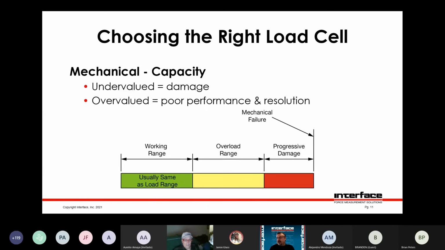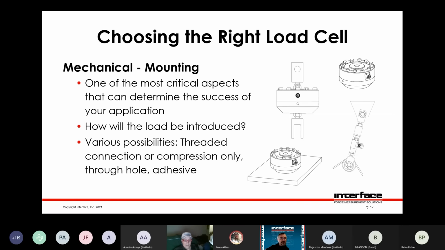So we talked about it being a spring element. If you stretch it too far, it doesn't spring back, basically. So if you apply too much load, when you remove the load, you have a permanent shift. That's damage. It can't be repaired. It can be re-zeroed electrically, but in the end, the metal has yielded. So at some point, they still may be usable, but you're starting to look at having to replace your load cell if that's happened.